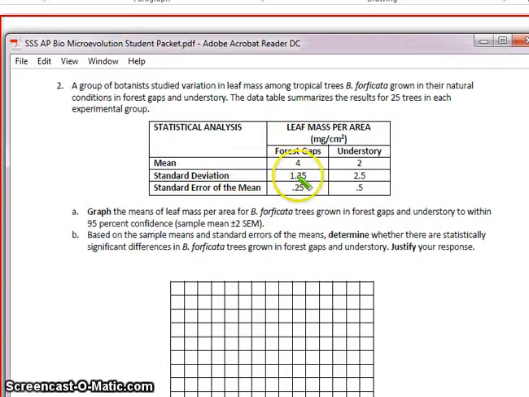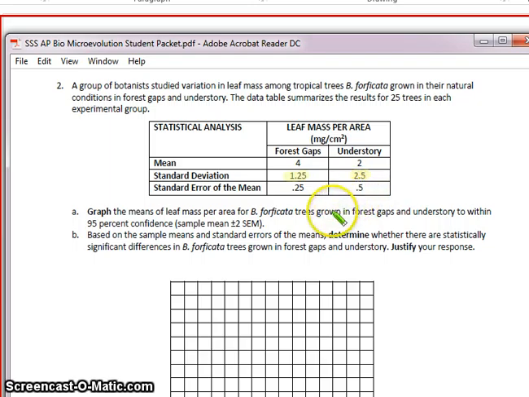We didn't really have to do anything with that, but they use that to calculate the standard error of the mean. And basically the standard error of the mean, these are bars that are going to describe the accuracy of the data that was used to make the graph. And you can kind of get an idea. It's going to be somewhat related to standard deviation, where this one is greater. More standard deviation means it's more spread out, and so we'd expect to have a greater standard error of